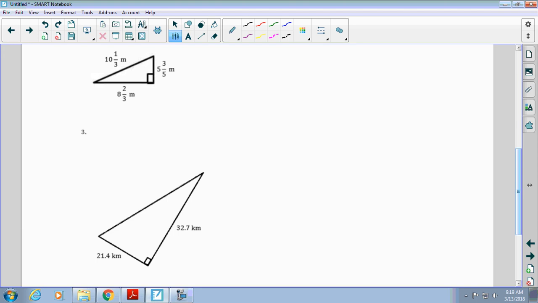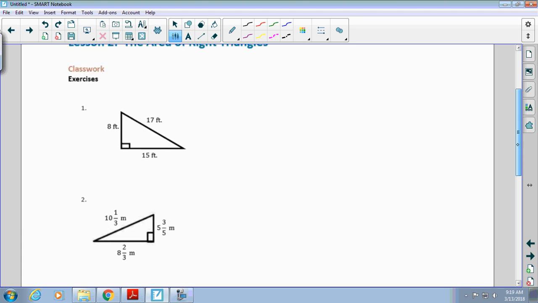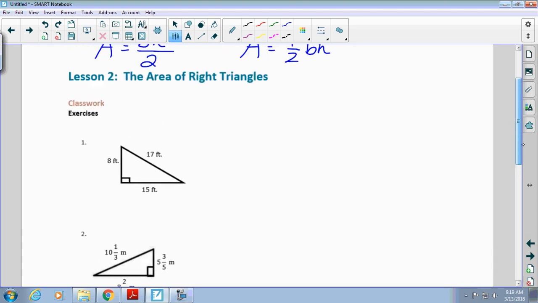I'm hearing both. What do you guys think? I would use the first one myself, because I don't want to mess with the fractions unless I really have to. All right, so